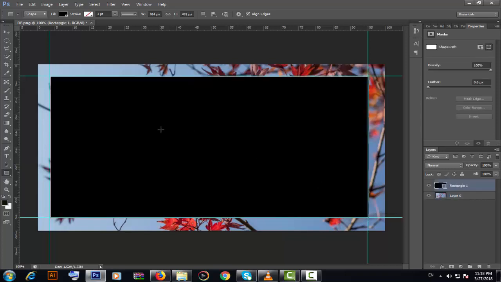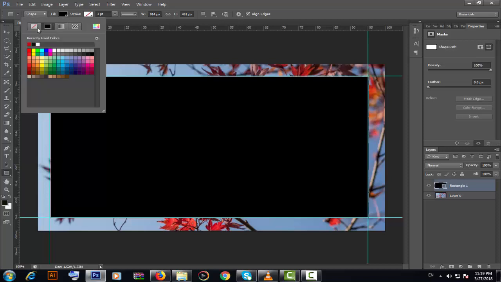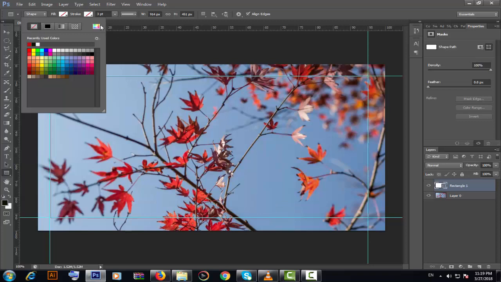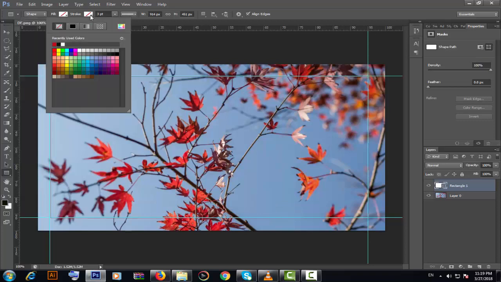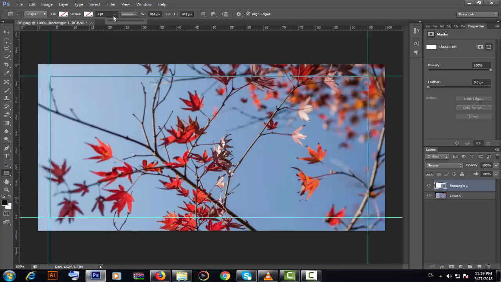You observe that a rectangle of a black color is here, but now go to fill. We want here no color. Now go to stroke. Thickness of stroke is